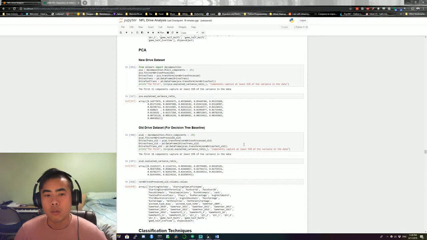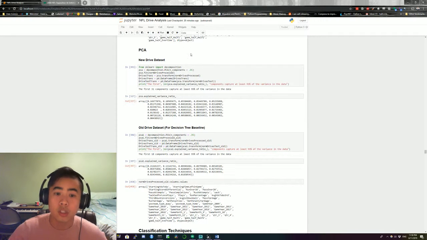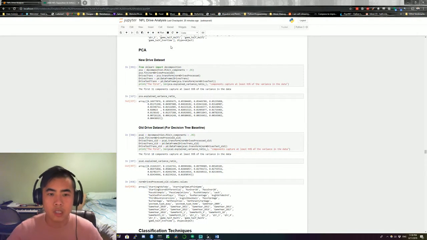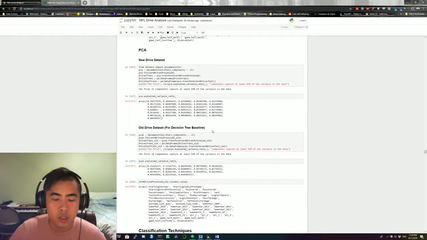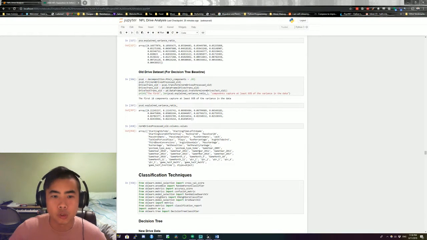We focused on decision trees primarily so that we could compare the results from the last project with the new ones. So we worked on decision trees, we introduced random forests, and we also used KNN. For each of the three, we looked at performance using the new drive data set, incorporating the team drive features, as well as just the original prepared drive data set.